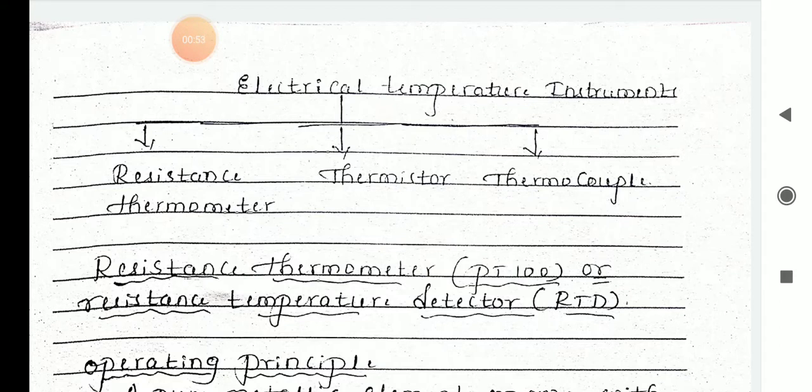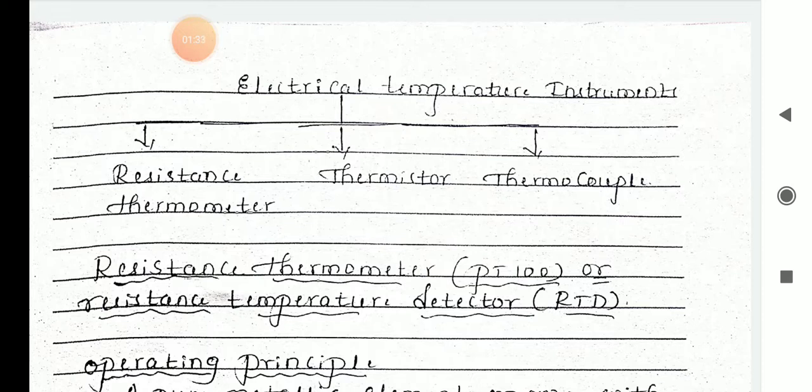So in today's class we will discuss electrical temperature measurement. What is an electrical temperature instrument or measurement? We are going to use electrical transducers, which convert temperature into electrical signals. For example, resistance in case of the RTD, resistance temperature detector, and thermistor, and voltage in case of thermocouple, are the most commonly used